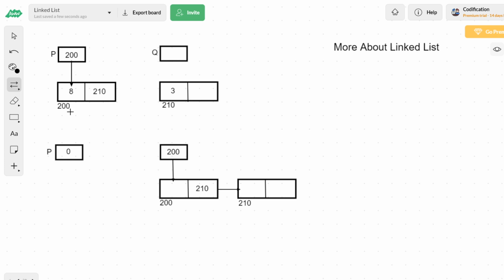Now the first thing, I want my q also to refer to this particular node. This q pointer does not have anything by default. Now the task is that we want to make this pointer q point to, or refer to, this very first node. How to make a pointer refer to a particular node? By storing the address of the node in the pointer, we will make the pointer refer to the node.